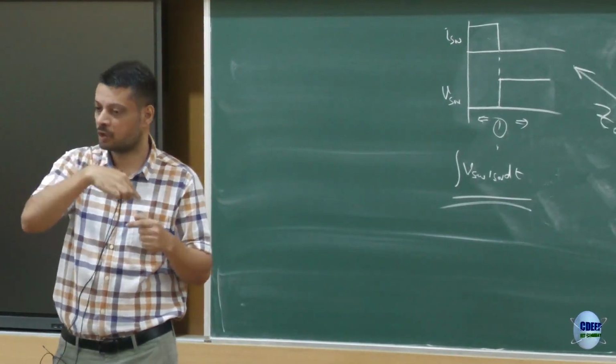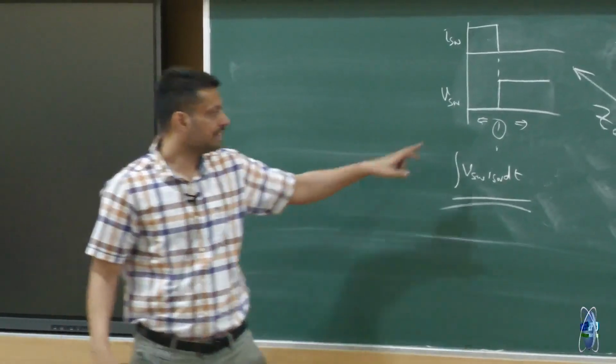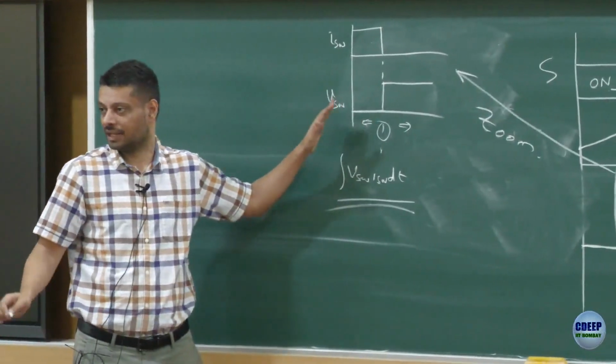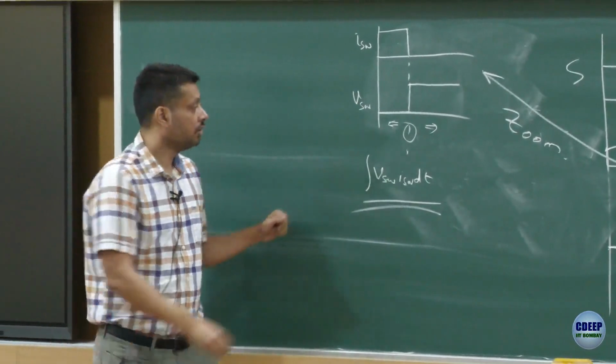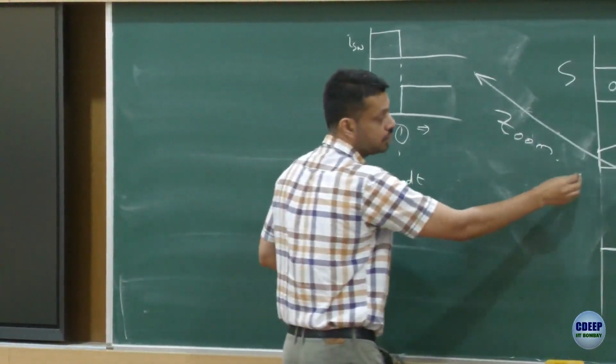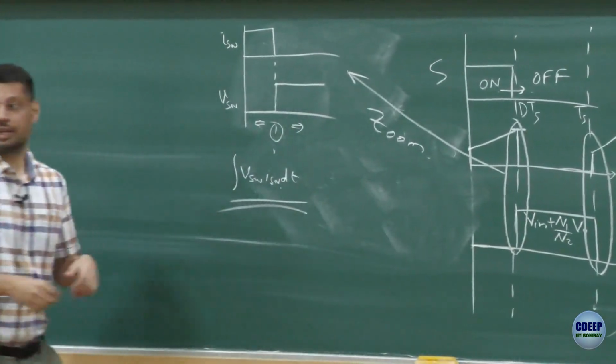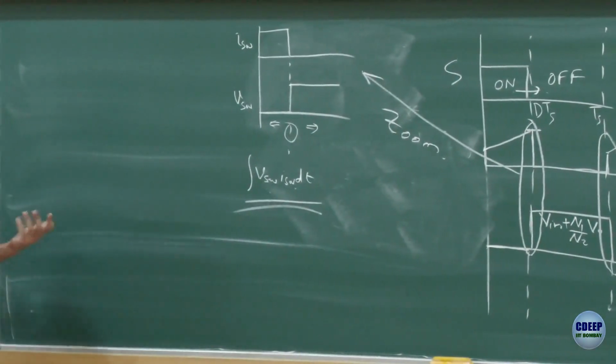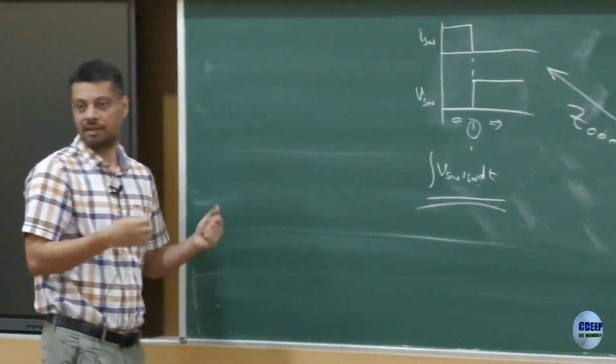So, all those small things would add to the resistance. So, this is not exactly 0, it is very close to 0 but not exactly 0. So, when we use this formula for this region, when the switch is on, we call it conduction losses. It is just a name for it, essentially it is all integral Vi, nothing else,